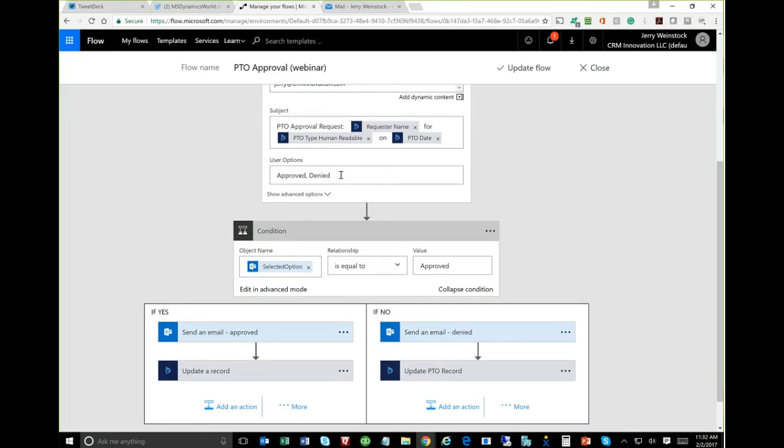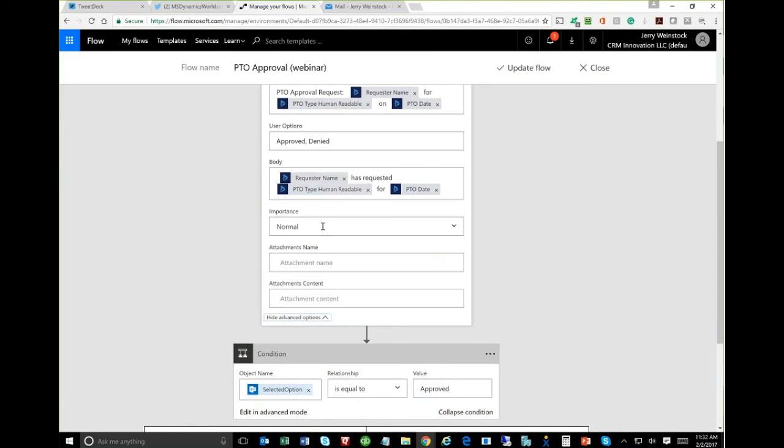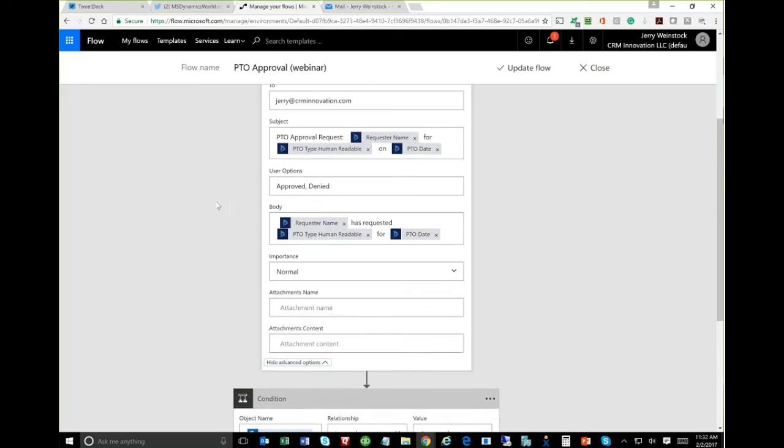These are the various slugs that I have inserted into the message. And the user options are approved or denied. Okay? And there's not any attachments going with this, and it's coming in with normal importance. So then once this email gets sent out to Jerry with the approval request, and we'll take a look at that in a moment,